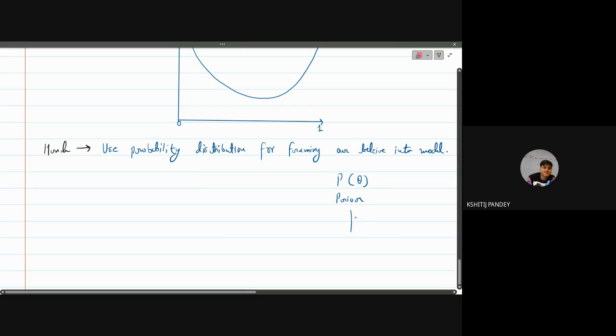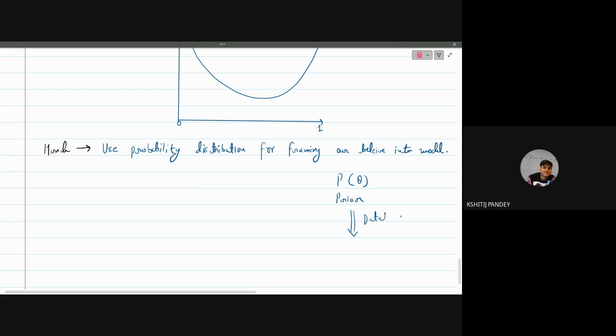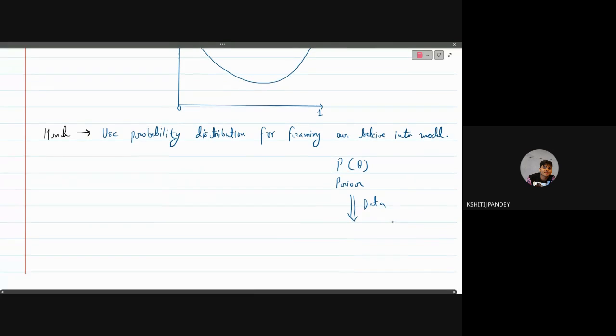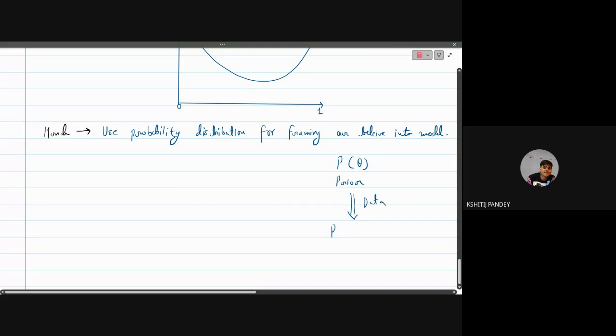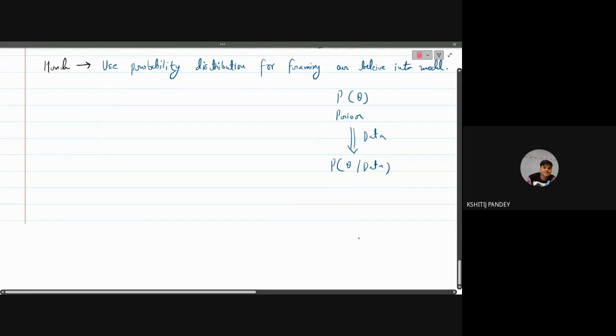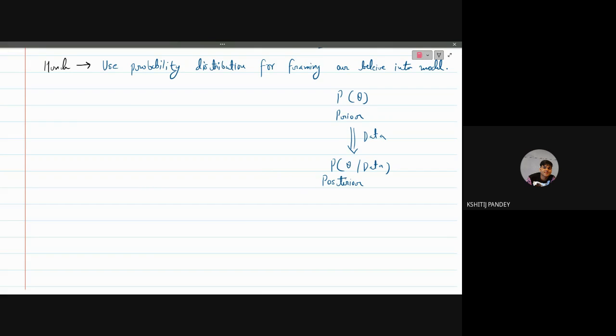After seeing the data, this prior may change, and that is the distribution of theta after seeing data, and this is called the posterior density. Okay, so this is a framework we have in